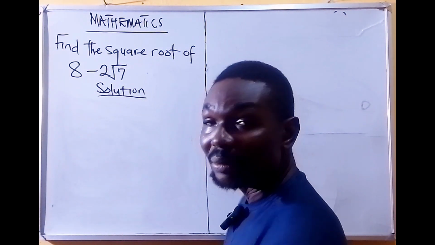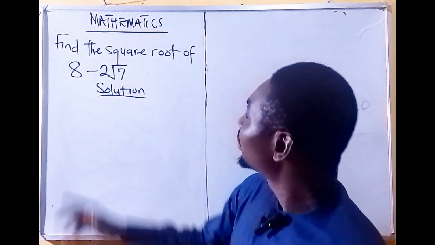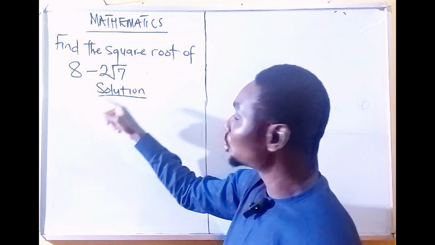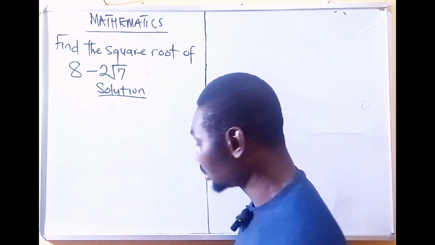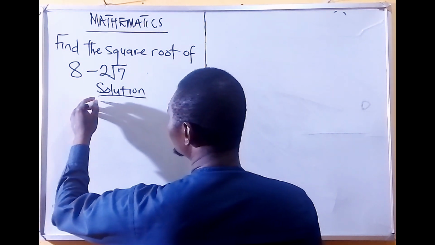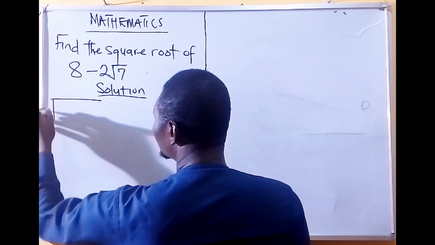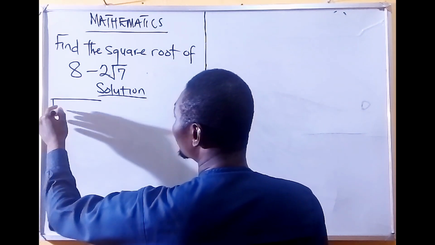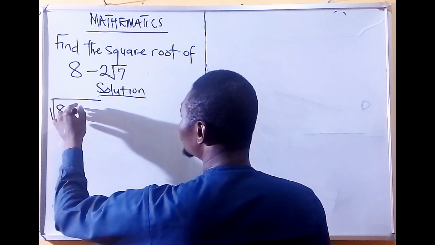Let's solve this problem. Find the square root of 8 minus 2 root 7. To solve this problem, we write square root of 8 minus